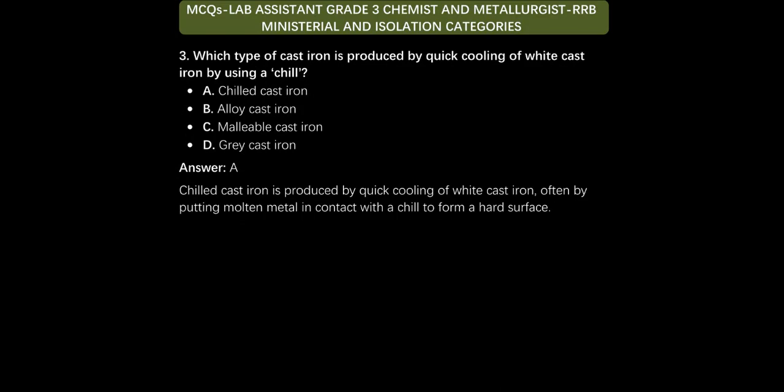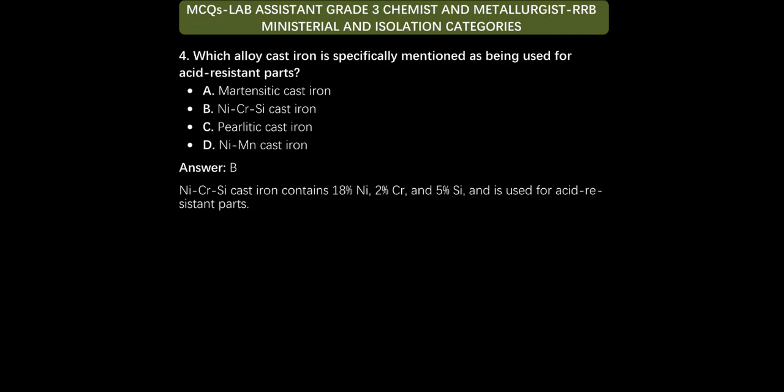Which type of cast iron is produced by quick cooling of white cast iron by using a chill? Option A, chilled cast iron. Which alloy cast iron is specifically mentioned as being used for acid resistance parts? Option B,